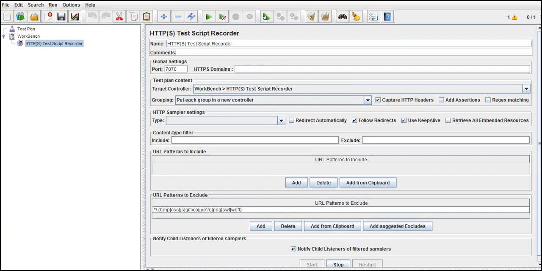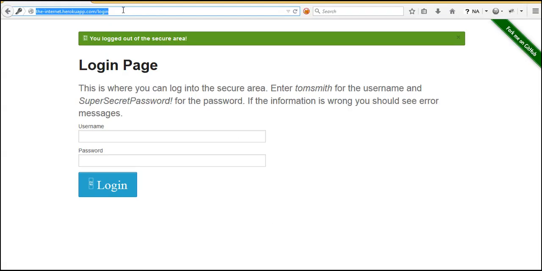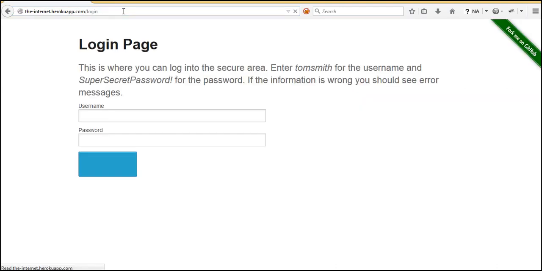Now let's go back to our Firefox where we configured our proxy and hit this URL. So now we are on this login page. It's asking us to enter a user ID and password to log in. Enter tomsmith for username and SuperSecretPassword!, cool, they have given us in the text itself.